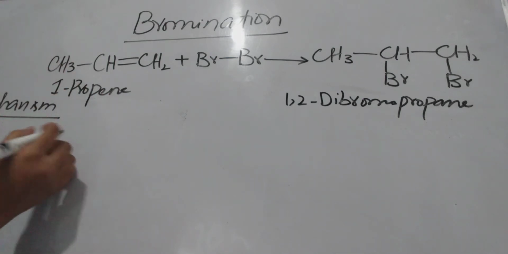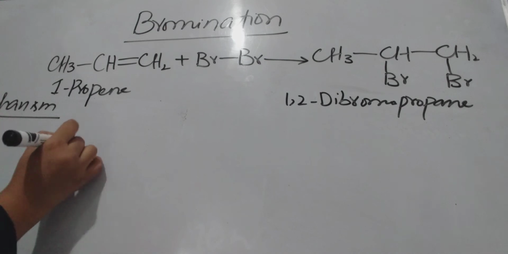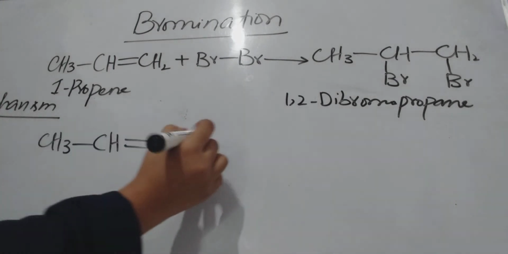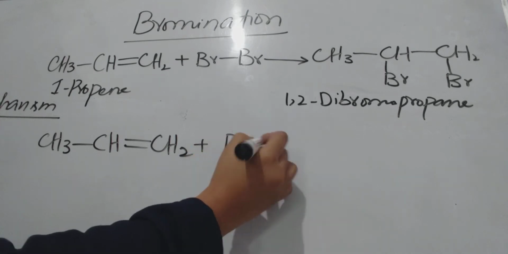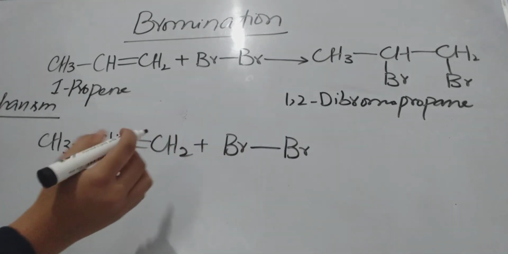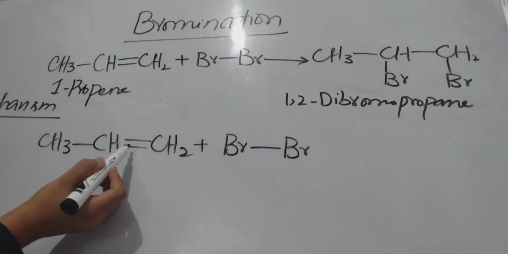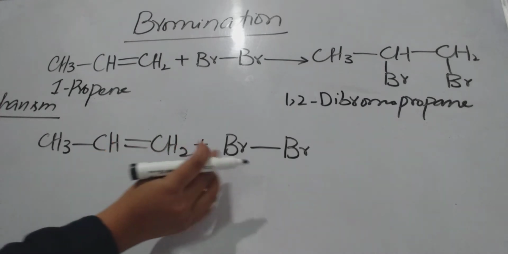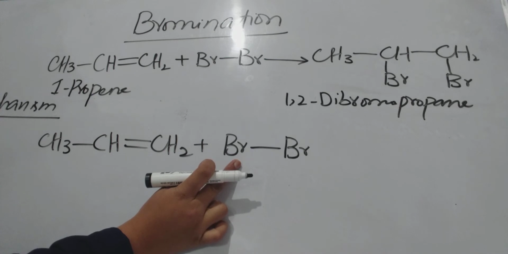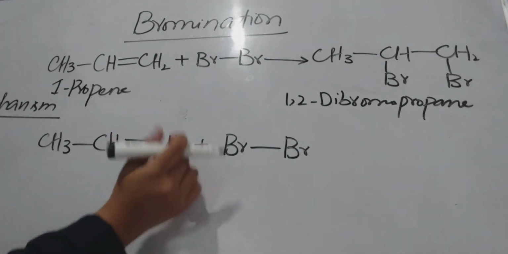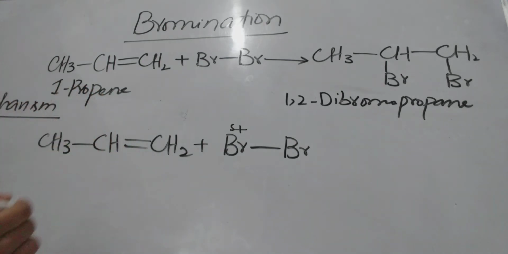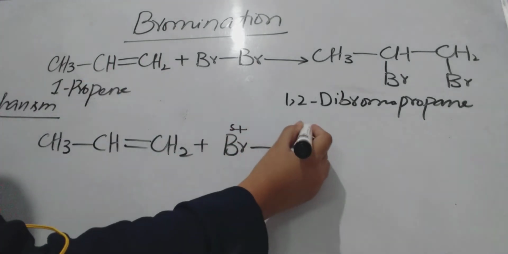Basically what happens is that in the alkene, during the process, this bromine molecule will come near to this alkene molecule. As you know, here the electron density is very high, so this high electron density will create polarity over this compound. Because of attraction, this particular atom will carry the positive charge, and this will carry the negative charge.